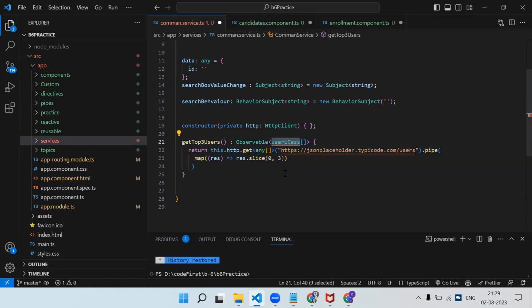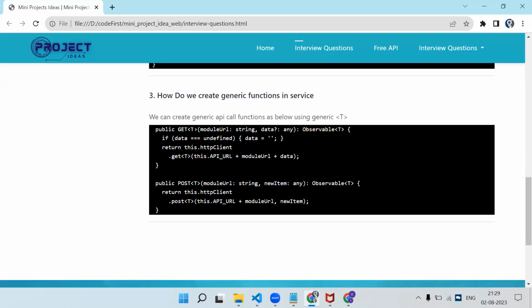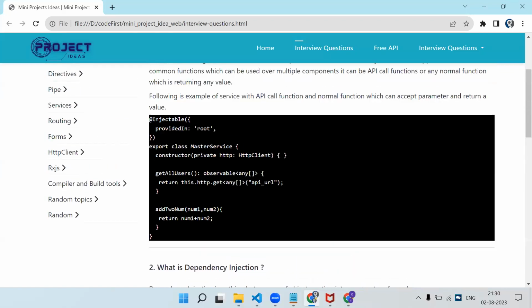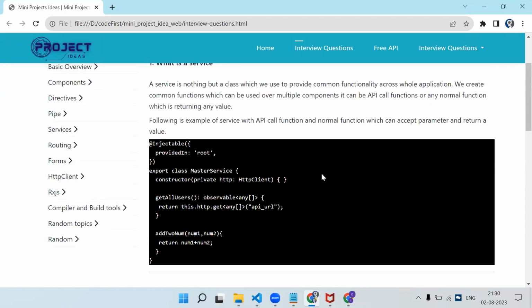But there is a generic way to do this. If you don't need to provide classes and interfaces, there is a generic way, that is T, right? So you can say get<T>. This is a generic function. If you have a service which is generic, you can create generic methods by using capital T inside the angle brackets. Okay, this is nothing but what is called a generic. So this was the third question in services, because in services we also don't have that many functions.